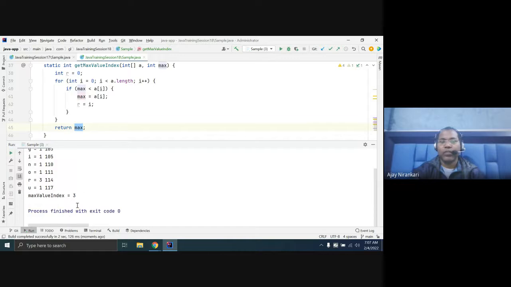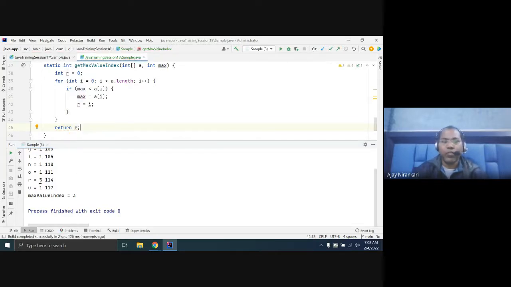You are getting the value 3. But I am not interested in 3. I am interested in this position value. So I just hold all the position assigned. So I am returning it because this 3 is already stored in my array. We can get it. So here you can write like R.